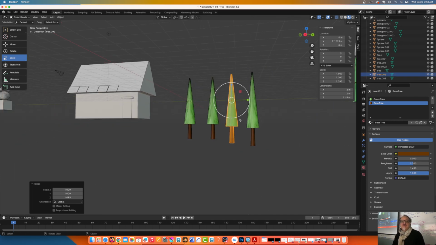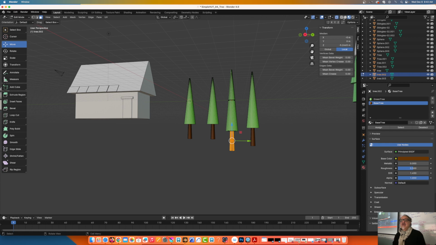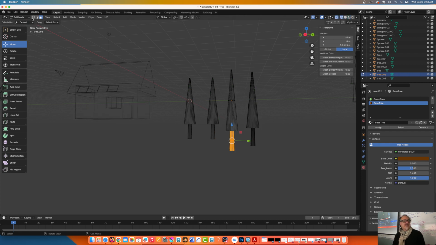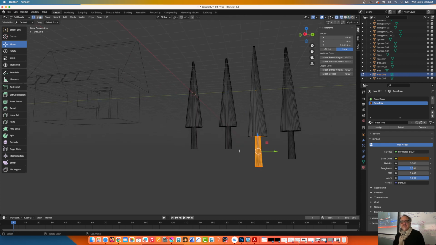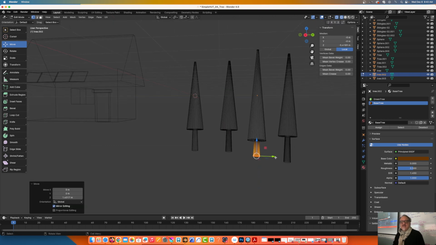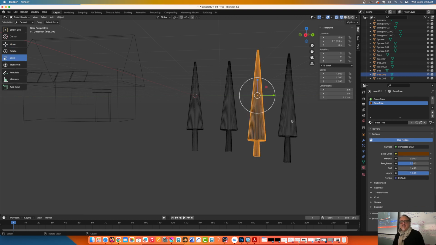Okay, and what else you can do is when you're doing this, you can say, hey, I don't like the way the bottom is, right? You can tab in, X-ray mode, go to vertex, watch this. Grab the bottom vertices, and just bring this up. Okay, so we can have these different sizes. Tab out, come over here,